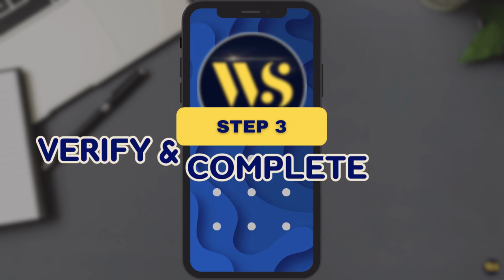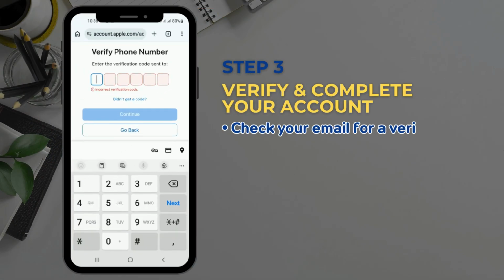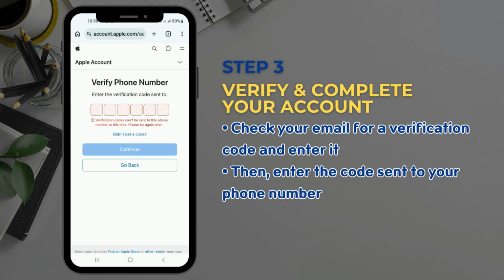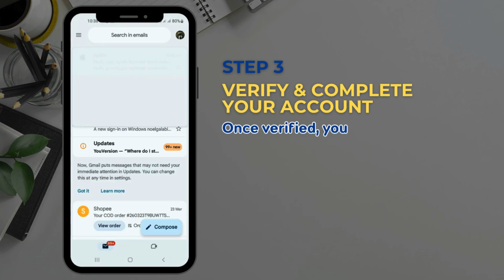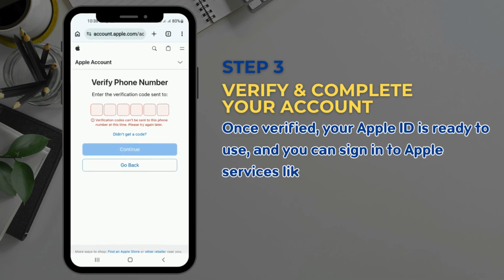Step number 3. Verify and complete your account. Check your email for a verification code and enter it. Then enter the code sent to your phone number. Complete any remaining steps on the screen. Once verified, your Apple ID is ready to use, and you can sign in to Apple services like iCloud and